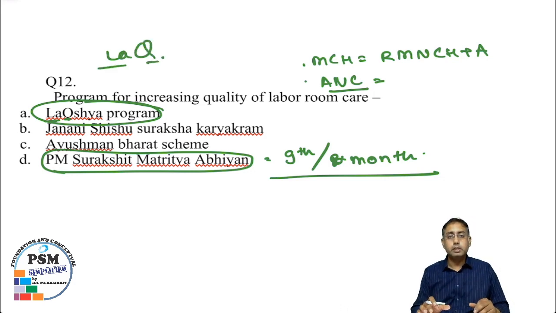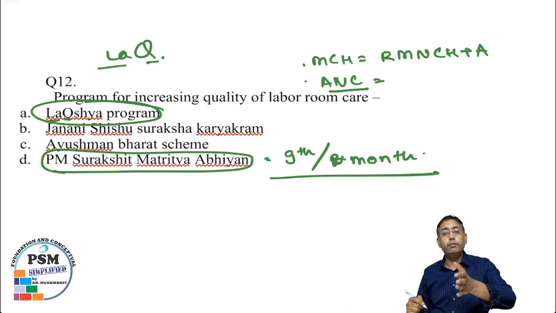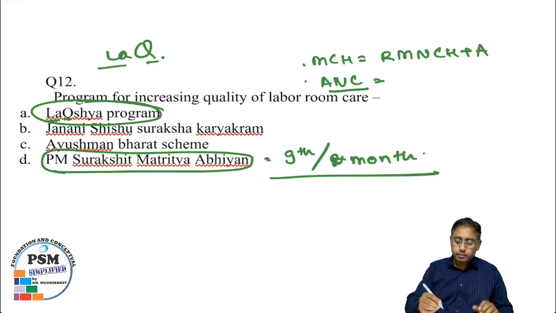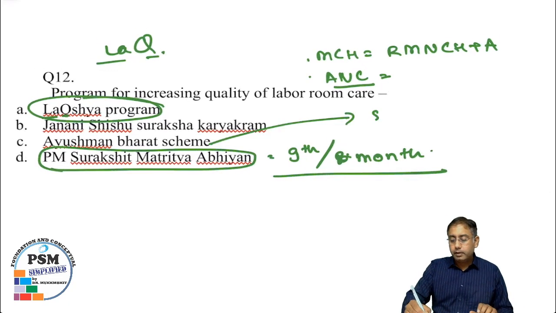So that is what the Lakshya program is. Ayushman Bharat scheme, I think we have had a couple of videos on that also. So if you have not watched, you can just go to the video section and watch for the recently launched program videos. You'll find a lot of questions on Ayushman Bharat. It is nothing but a health protection scheme given to 10 crore families or to 50 crore population. 5 lakh rupees